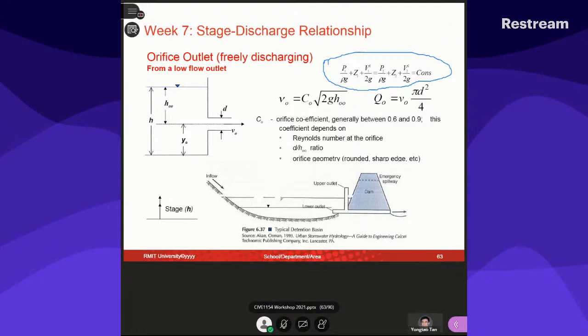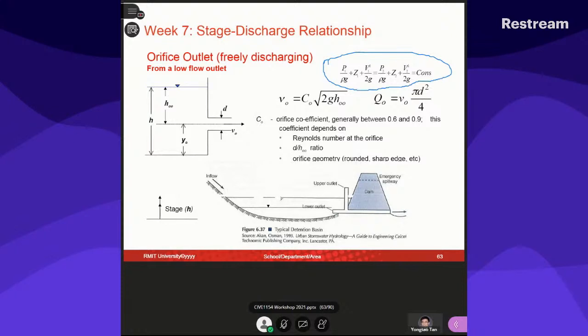That means P1 over rho G plus Z1 plus V1 squared over 2G is equal to P2 over rho G plus Z2 plus V2 squared over 2G, and is constant. So we can get the orifice equations very easily, because the pressure